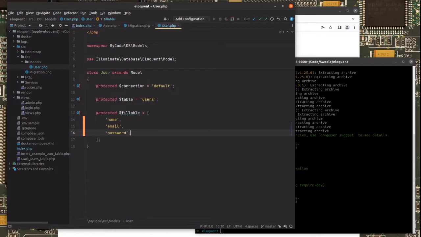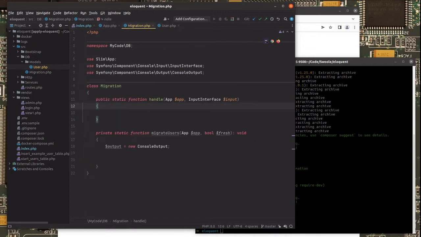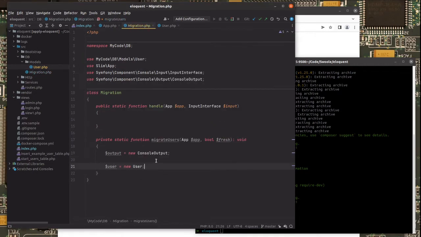Okay, that's what we need. Now that we have our Eloquent model ready, we can go back to migration and continue our work there. First of all, I'm going to bring a new instance of our recently created model. Now I have the output in the user instance. I'm going to invoke